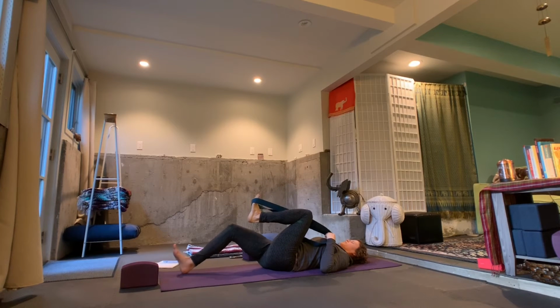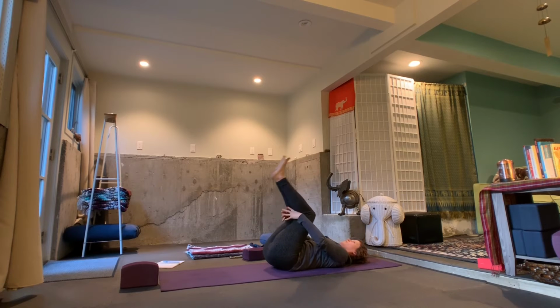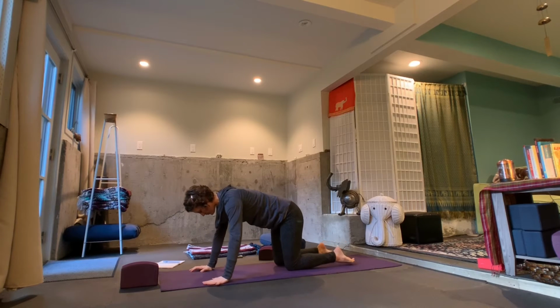As you bring the left knee back in, bring the right knee back and foot back to the floor, removing the strap, and rocking and rolling, or however you would like to get up and joining us in a tabletop position. Shoulders over wrists,